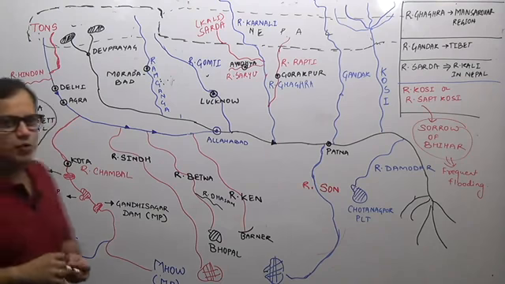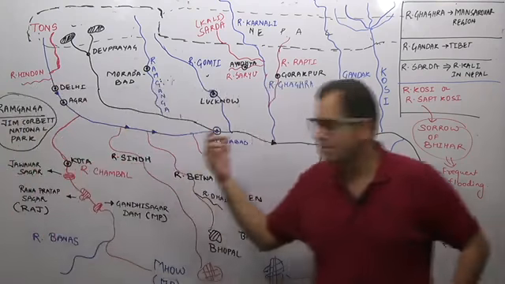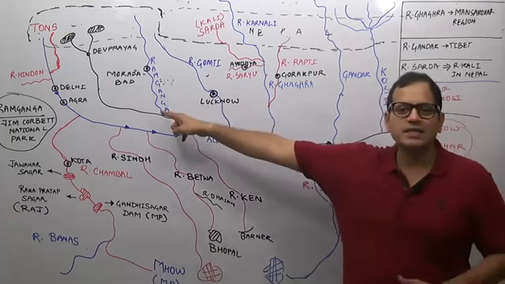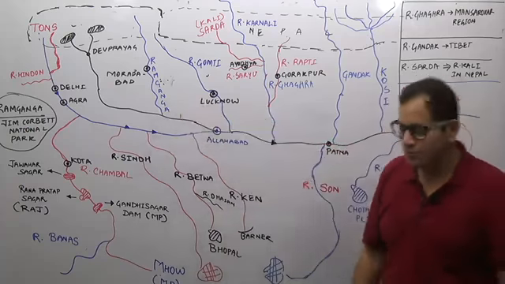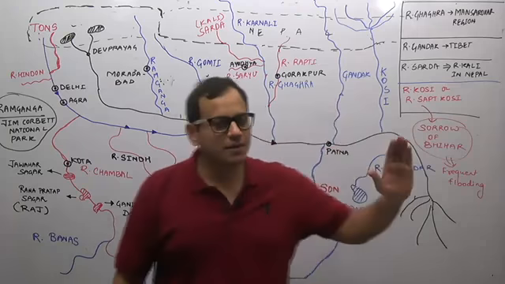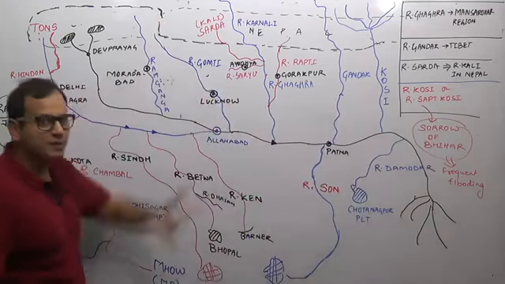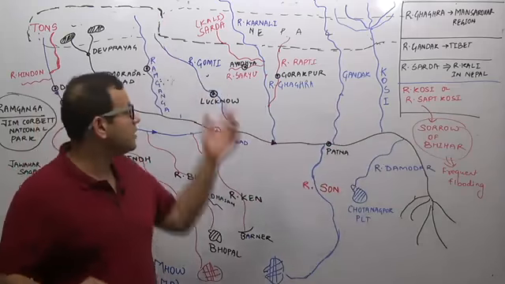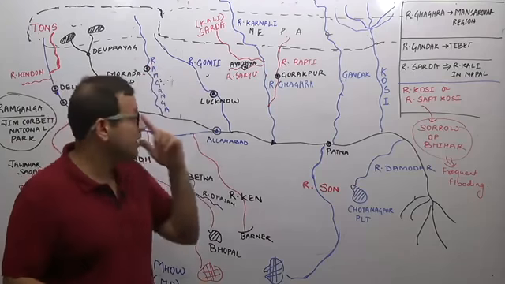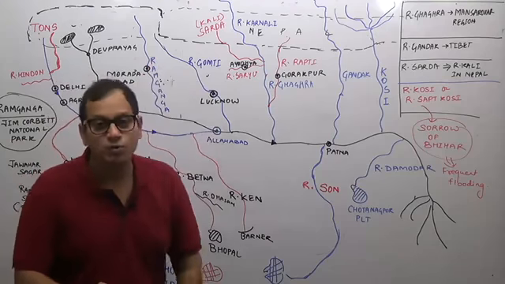The question comes, which river flows through the Jim Corbett National Park? You have an answer here that the Ramganga flows through Jim Corbett National Park. After Ramganga, what is the important tributary? It is River Gomti. Where does it originate? In the Uttarakhand region, inside India. Lucknow is located on River Gomti.